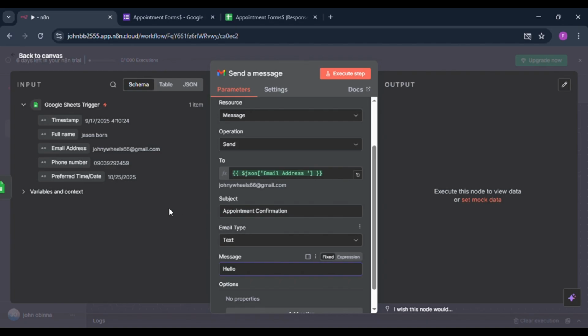So we want to drag in the full name, meaning that whoever fills this form, their full name will come here before an email is sent to them. So we want to say hello full name. So we see it written as in JSON. So that's it, hello full name. Just going to use a comma,